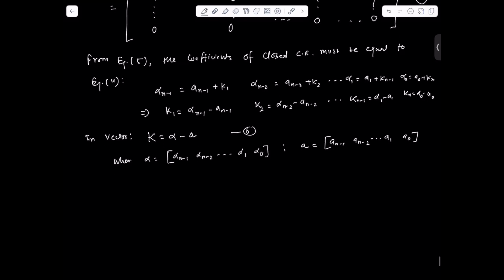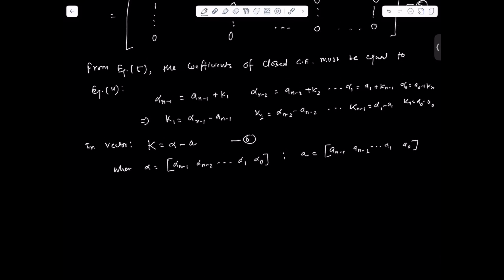Now, these are the conditions we have if the system is in companion form, right? But if it is not, how can we do it? Because most systems we handle are not in companion form, right? So for that case, we have already done the state transformation, which basically helps us convert any system into controller companion form.